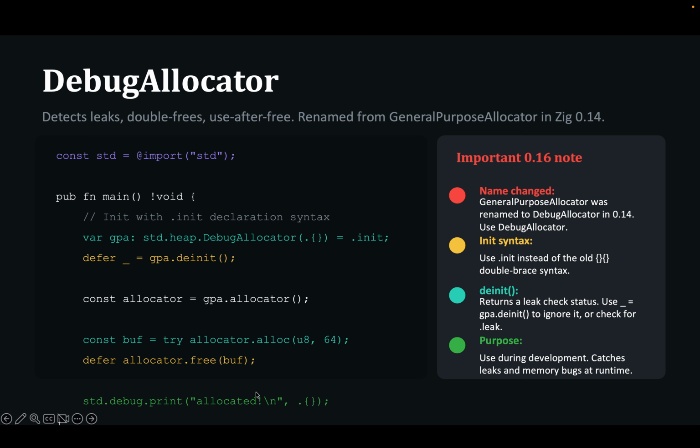And now we can move to the debug allocator. The debug allocator is an allocator type which is used mostly during development, and it detects memory leak and use after free bugs. And yeah, I actually wanted to type it out for you. So you can see the code here. If you want to do that yourself, you can obviously do it, but I would like to try this out